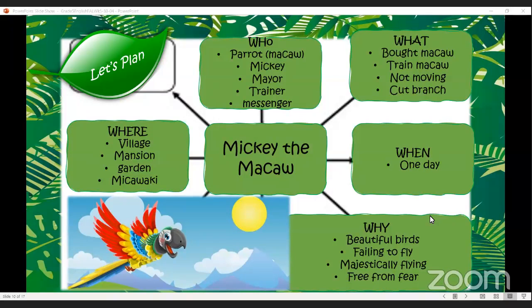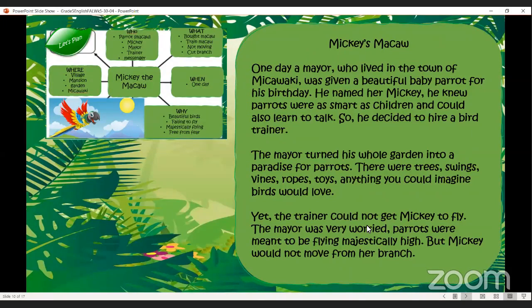No, your story does not have to be exactly the same as mine. The planning's just an idea. Okay, I'm just trying to get your brains going and your creative juices flowing. I'd like to see who can come up with a way better story than this. Right. Remember, you can make it up. It's not real. Right. Now, there I have my mind map.